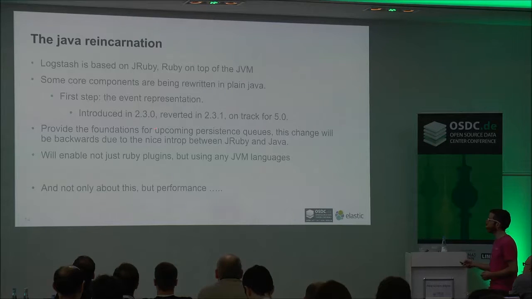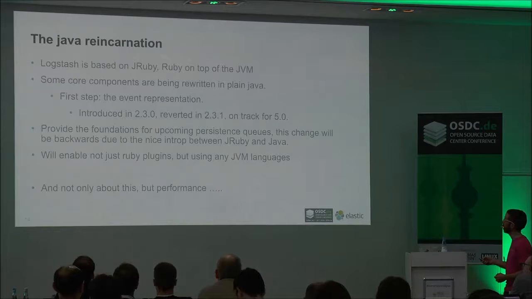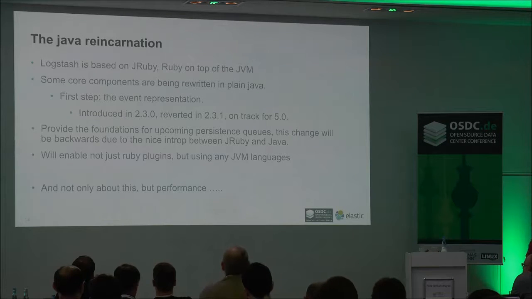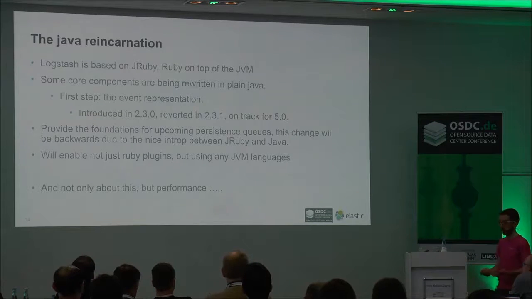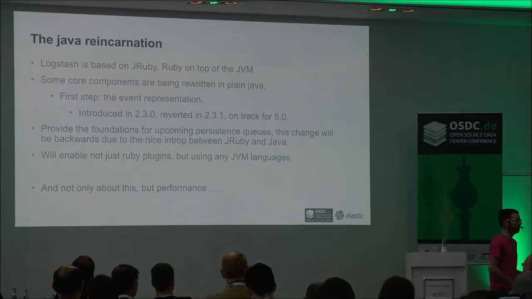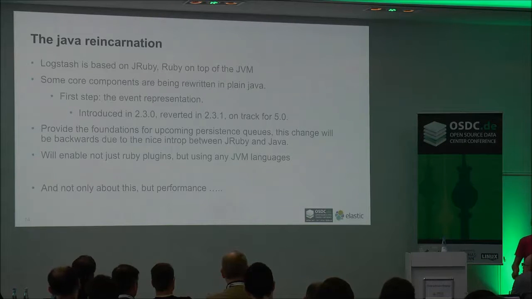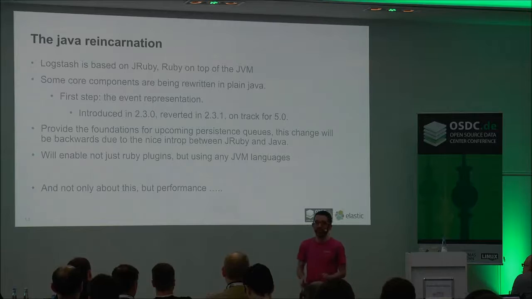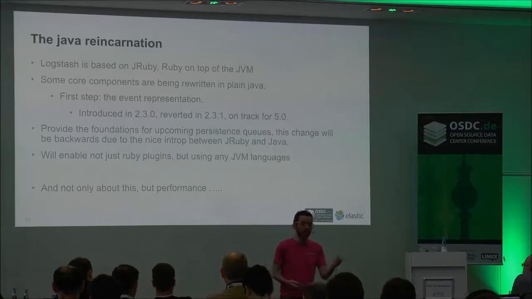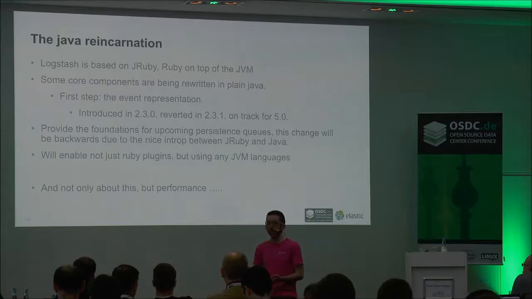This was introduced in 2.3, was reverted in 2.3.1, and is on track for 5.0. Why was it reverted? Because one of the things that we introduced with the Java event is mutation constraints. In the Ruby world, we like to mutate everything, but as ones who like functional programming, mutation is not good. So every time you mutate your event, you have to be aware that you mutate it, because otherwise